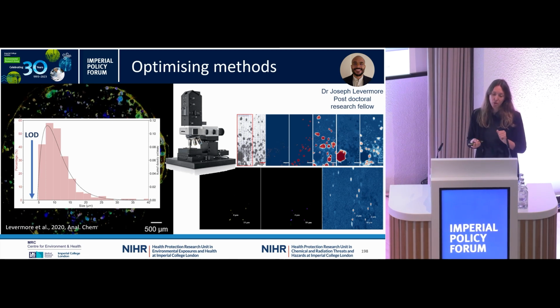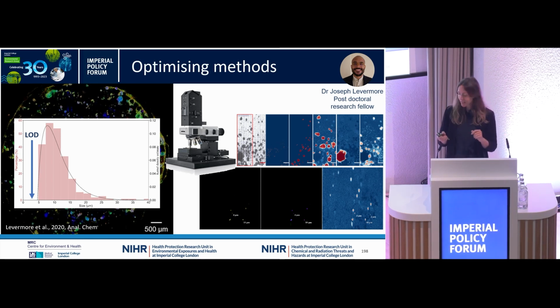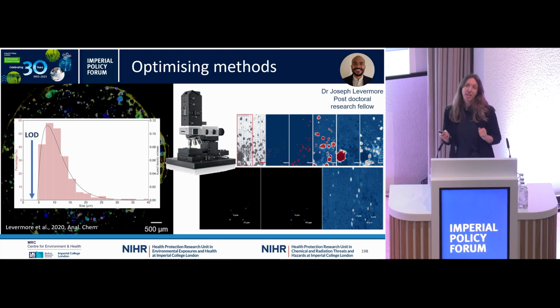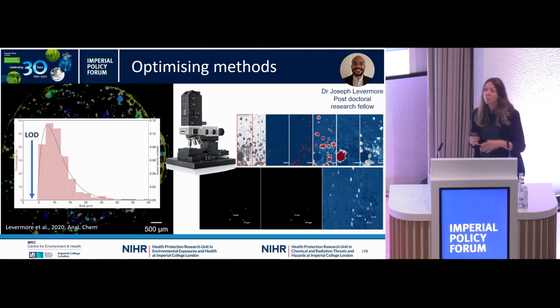But the methods do have limitations too. Aside from having this size cutoff, we also found that sometimes the chemical fingerprints were a bit messy, perhaps due to the presence of other impurities or coatings of the particles, and that really inhibited nice, clean classification. And so I would say that our numbers are definitely an underestimate for both of those reasons.